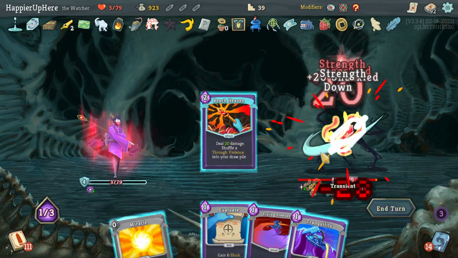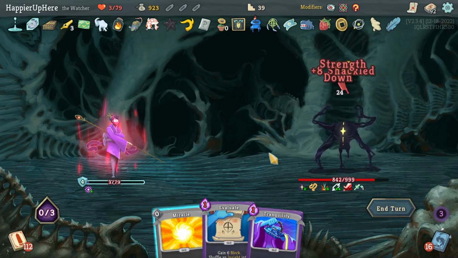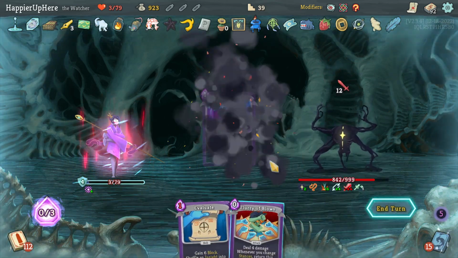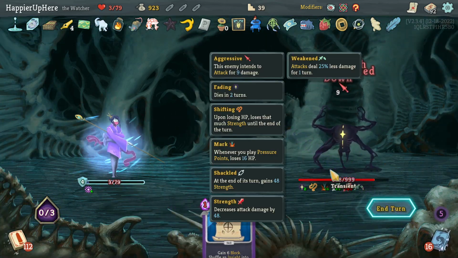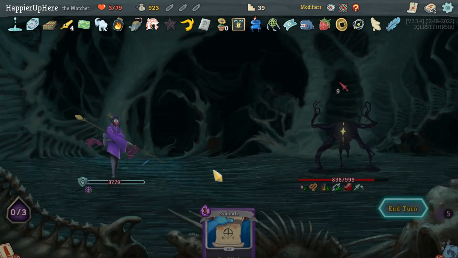Let's do Reach Heaven. Flying Sleeves. Still have 24 incoming. Alright, I have to do Tranquility here again. Okay. And even that is not enough. Oh no. Yeah, because I have weakness. Okay, I'm going to try a few different things. Because once I get through this fight, the next one...